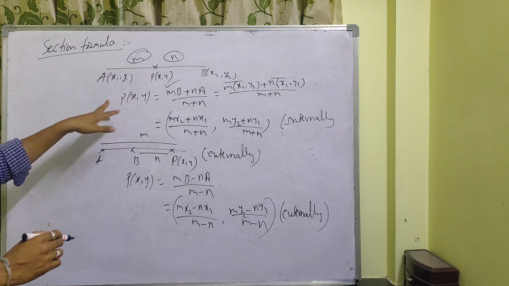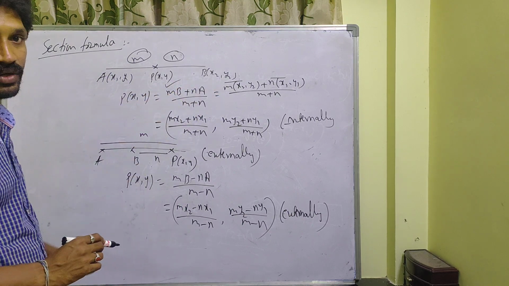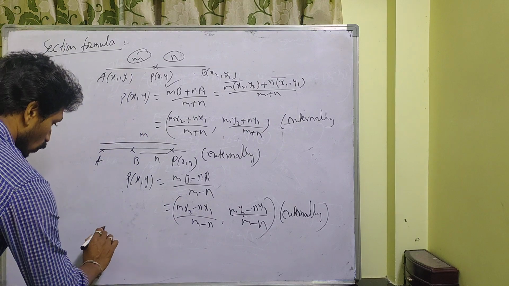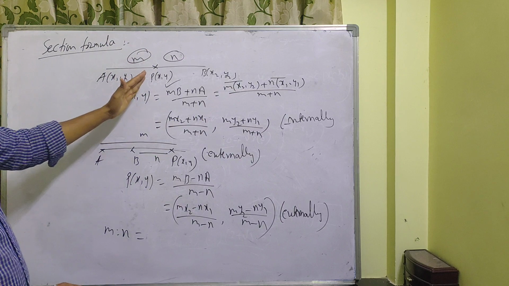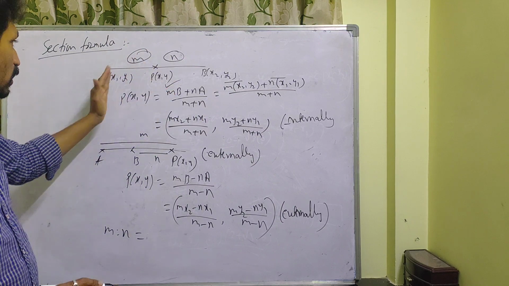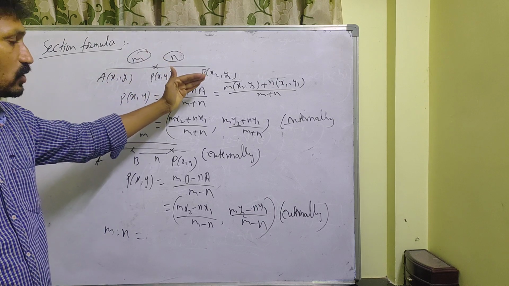Okay, see, whenever A x1, y1, P x comma y, B x2 comma y2, then m is to n, that means the ratio in which P x comma y divides the line segment joining the points A x1 y1, B x2 y2